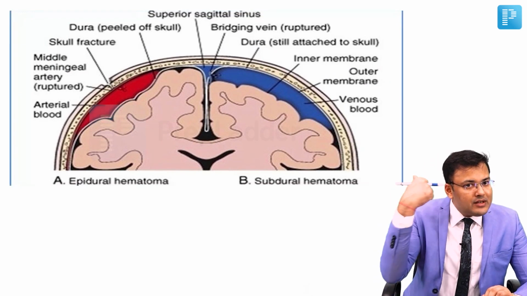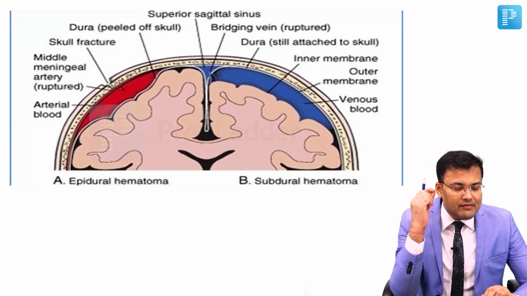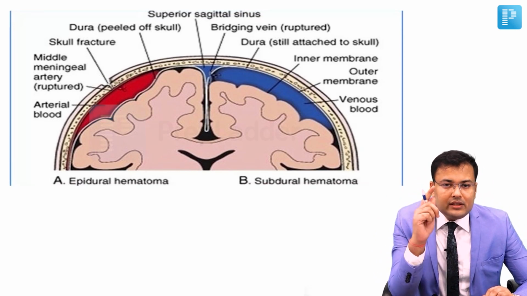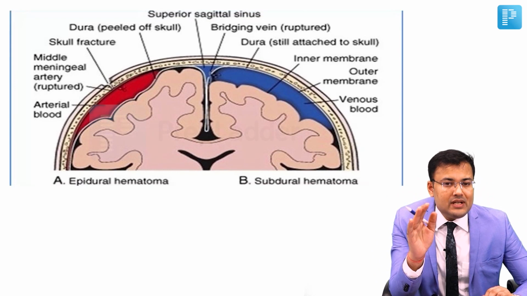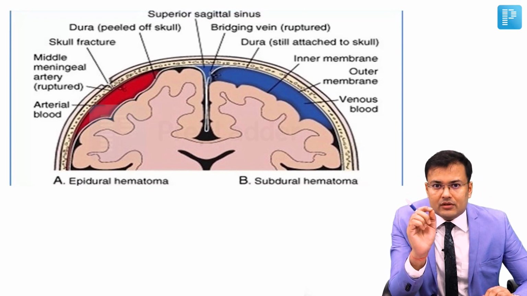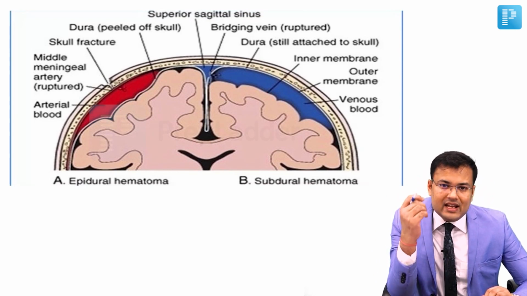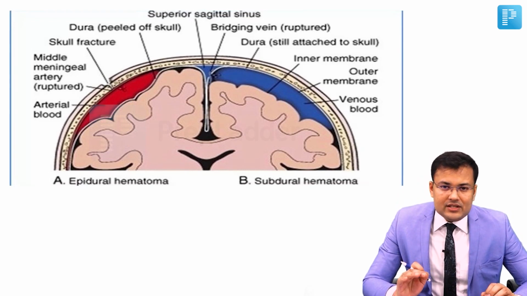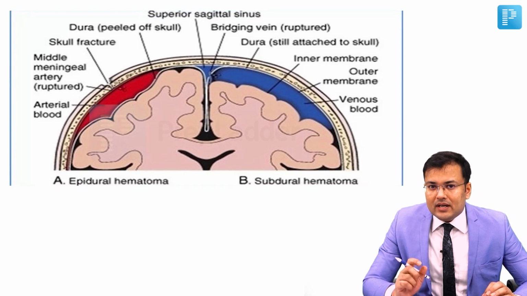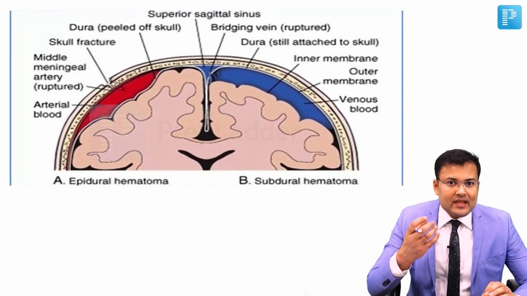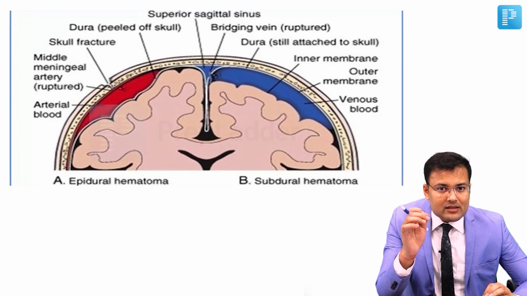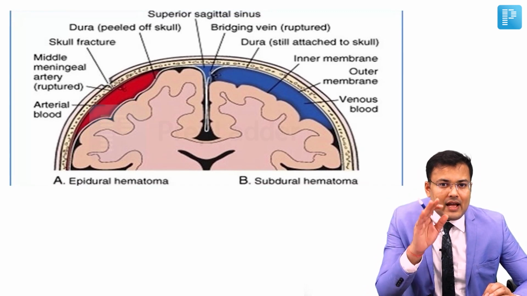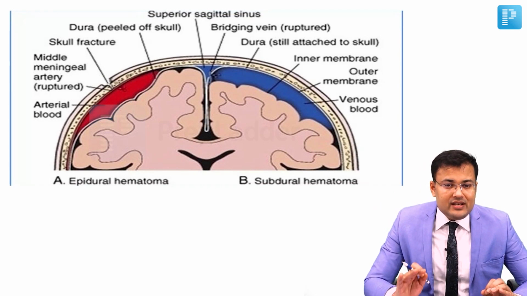Sometimes even a trivial trauma leads to fracture of this weakest point. And beneath pterion, there is one artery. Which one? Middle meningeal artery. So trivial trauma of pterion can lead to injury of the middle meningeal artery, and because of this injury there is bleeding, and this blood is collected between skull and dura. Here the dura is peeled off. Another important point related to EDH is that it is not going to cross the suture line.